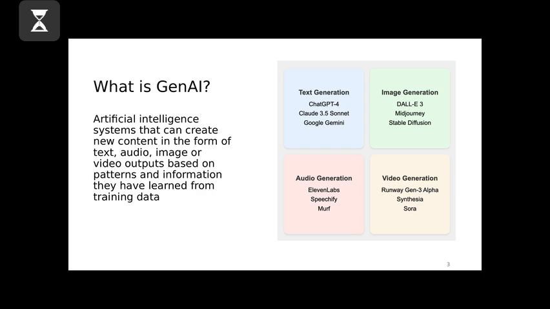Or for image generation, there are different tools available: Midjourney, DALL-E integrated into ChatGPT. We have audio generation tools such as ElevenLabs that can create AI-based voices. And finally, video generation. We have Runway, where based on a text prompt, you can create a short video. All of these tools are referred to as generative AI, or Gen AI.